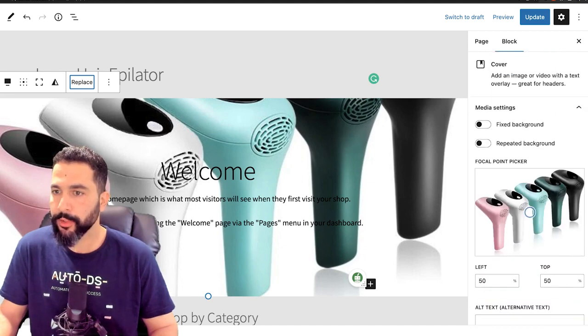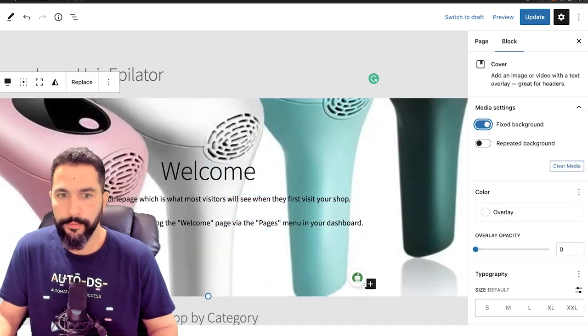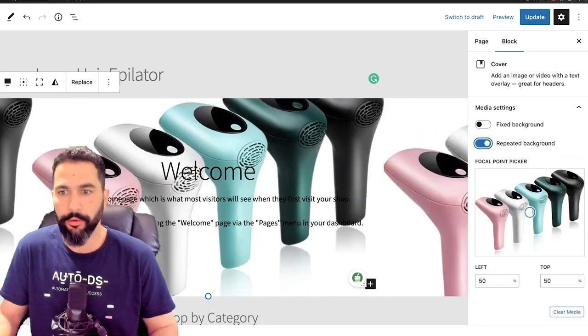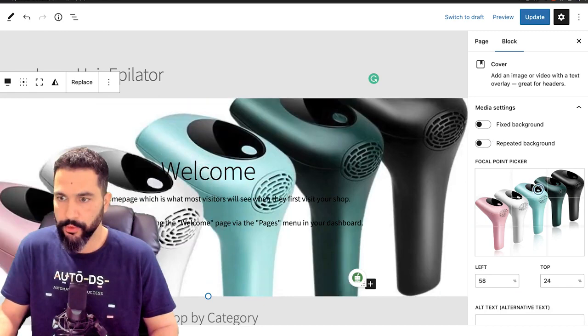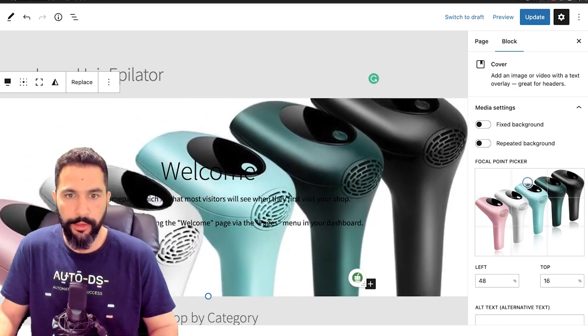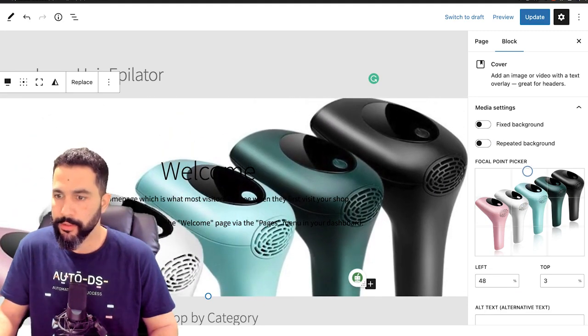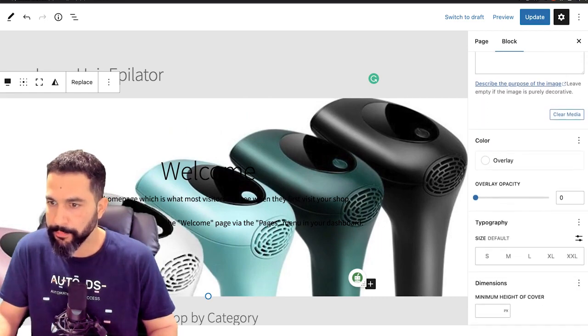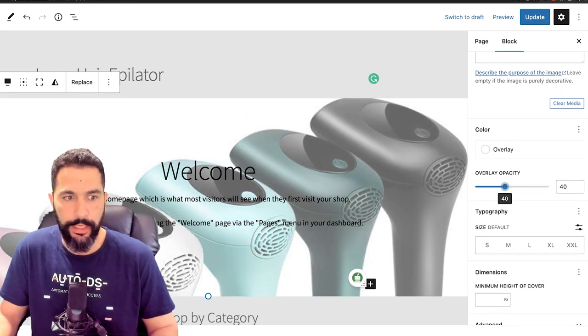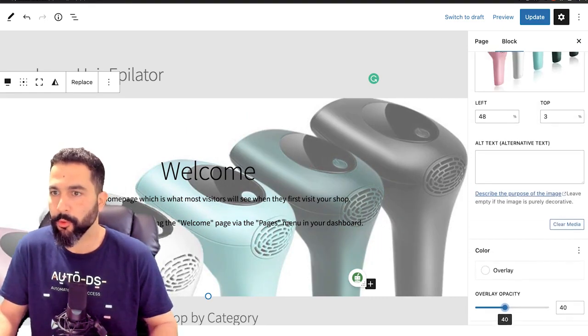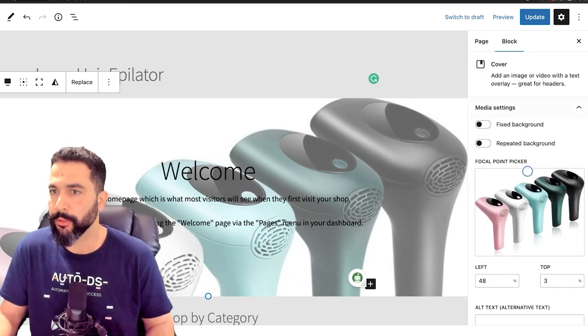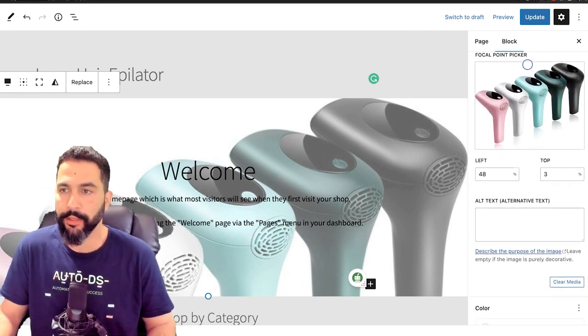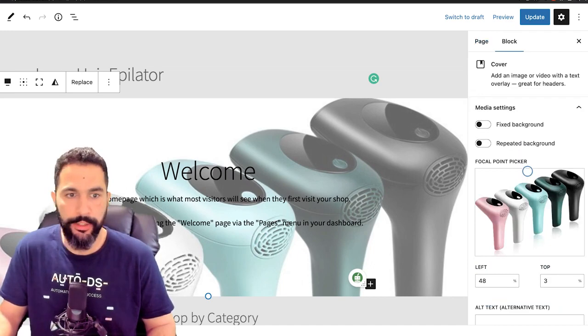So let's kind of play around with the stretching and make it better. So a fixed background is not going to do it. Repeated background could probably work. This could work, but let's see if we can do it better. So I can change the focal point view and make it maybe show this. I'm not sure if we can zoom out on it. Okay, but it looks good. I'm just going to add a little bit of transparency so it won't be the thing that stands out the most. And that's it. I'm going to leave it like this,